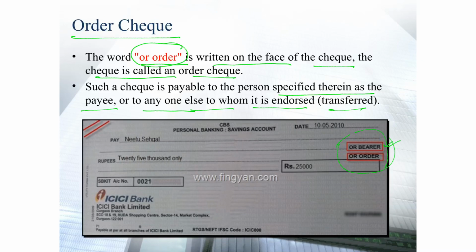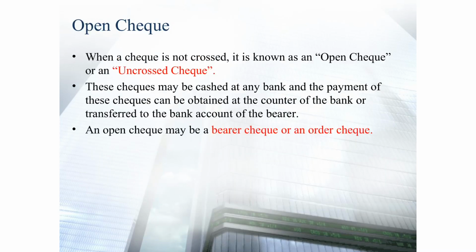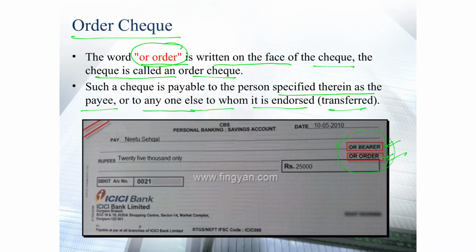If it is written 'or bearer', then it is called a bearer cheque. If it is written 'or order', then it is called an order cheque. Okay. In our next slide,